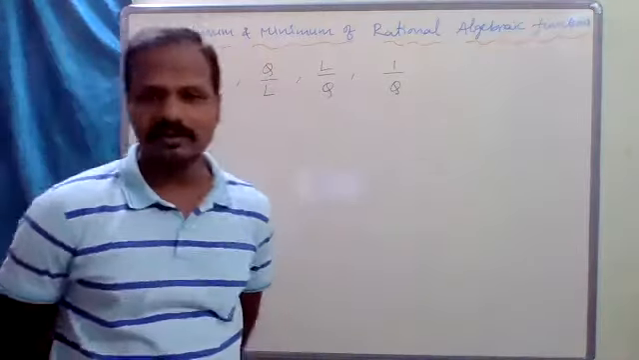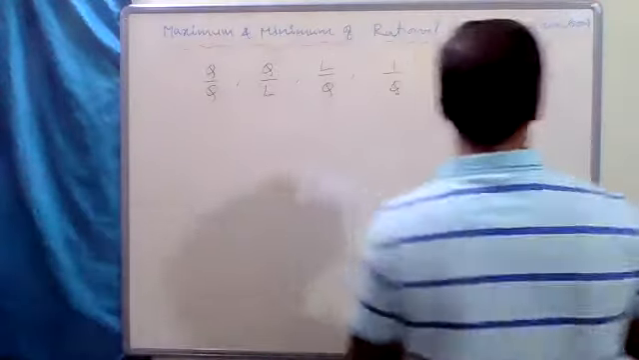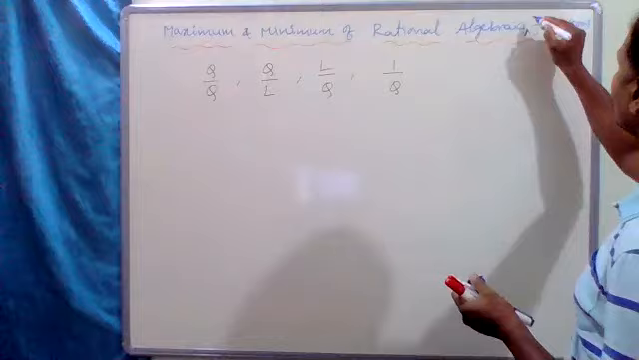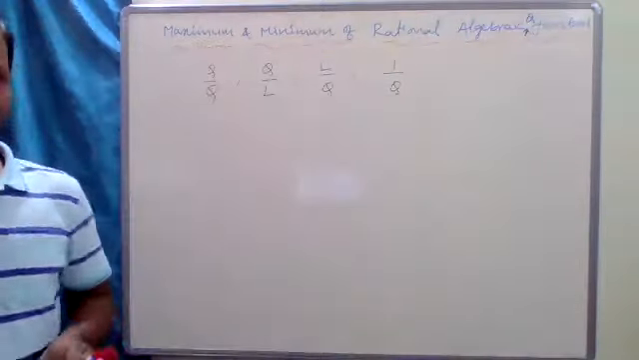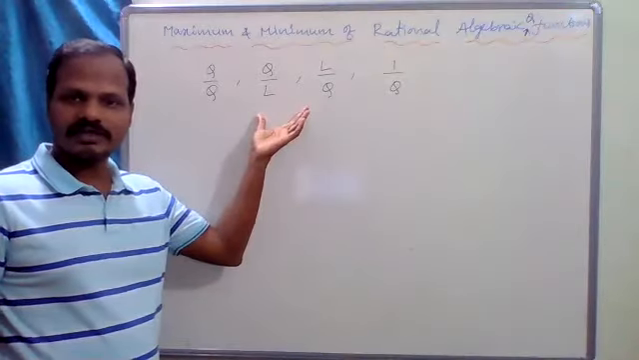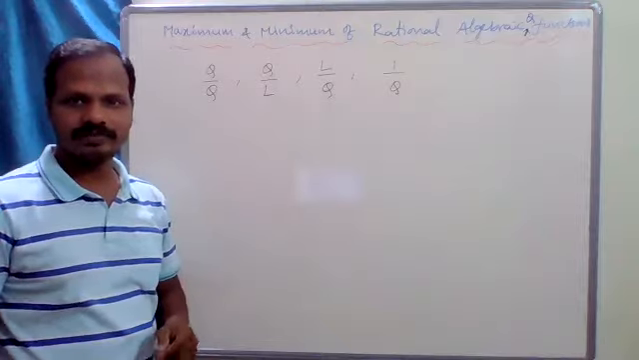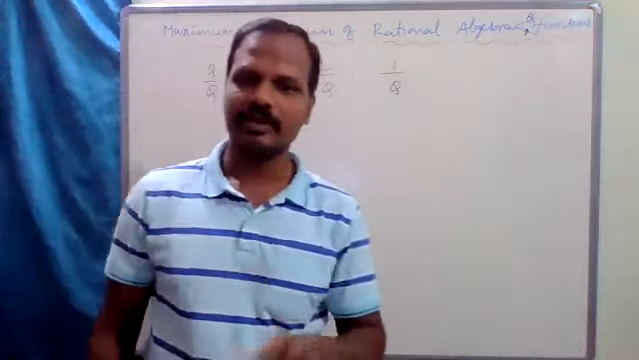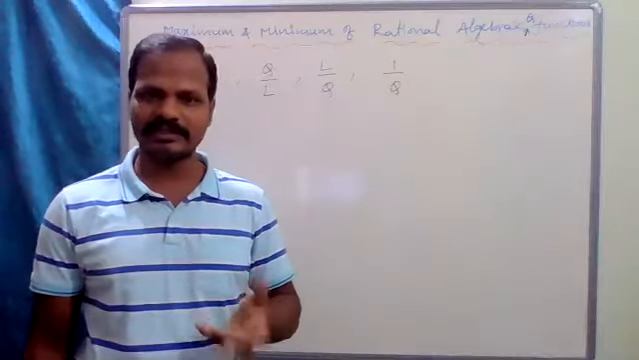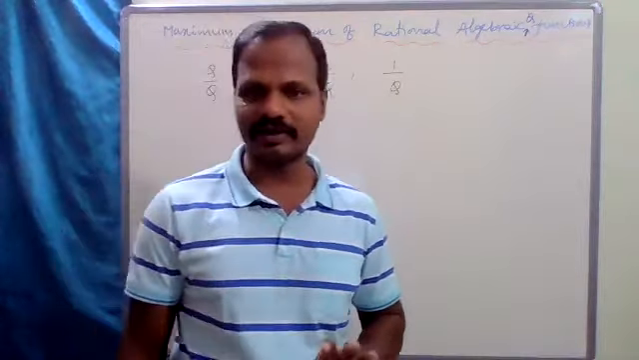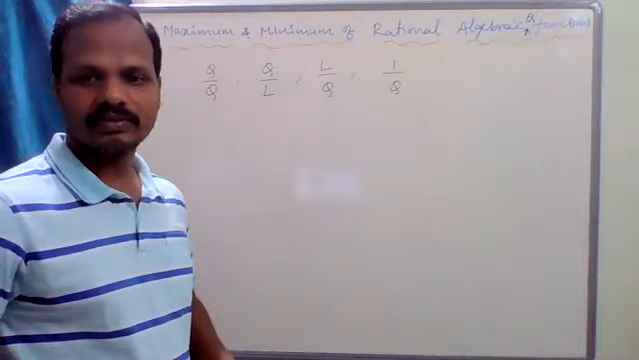Maximum and minimum of rational algebraic quadratic functions. Now, if this type of function is given, how do we find the maximum and minimum value of this expression? If only a quadratic expression is given, we can easily find the maximum or minimum. The maximum or minimum exists at minus b by 2a. So that we can find it. But if a rational function is given, how can we solve it? Okay, so the procedure is